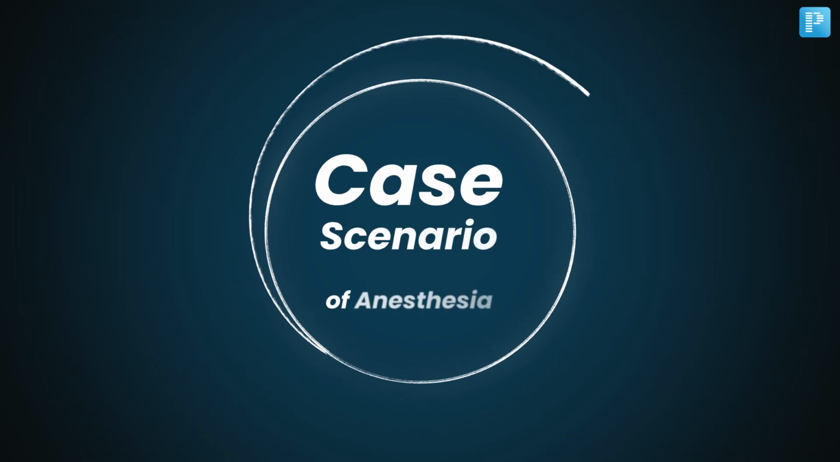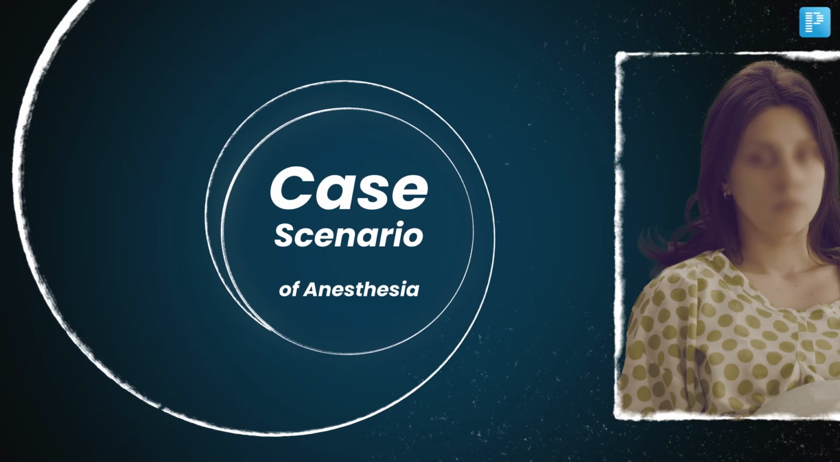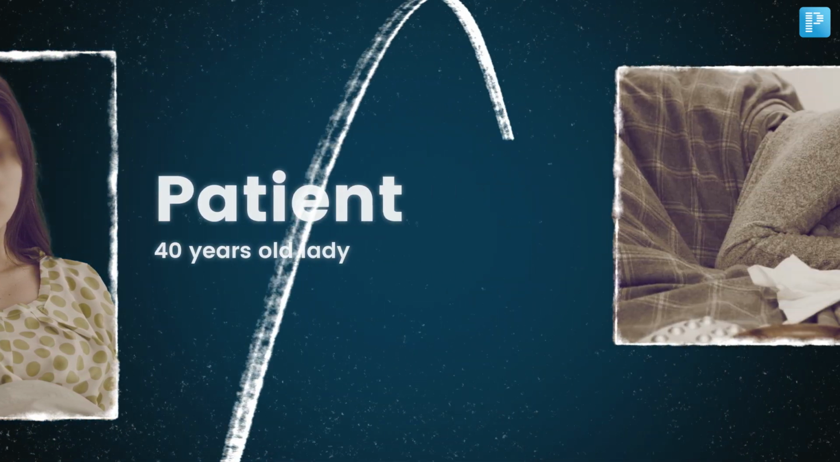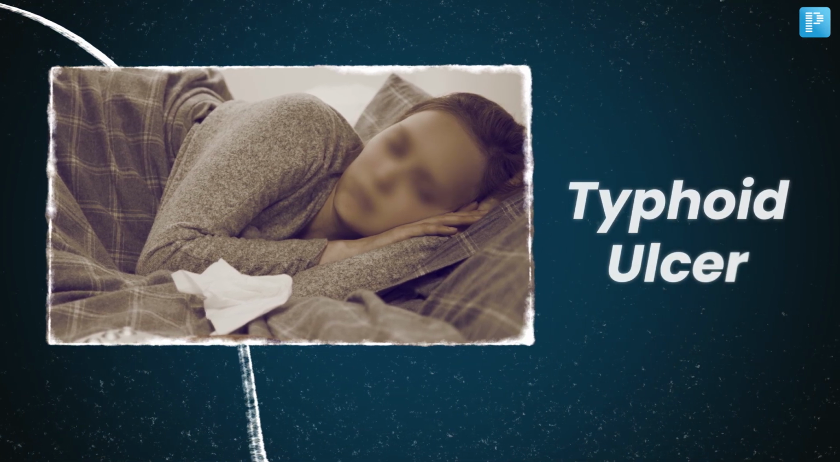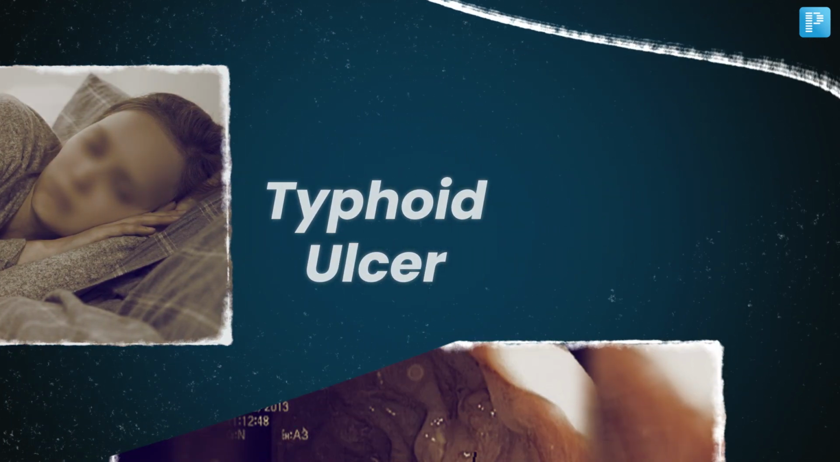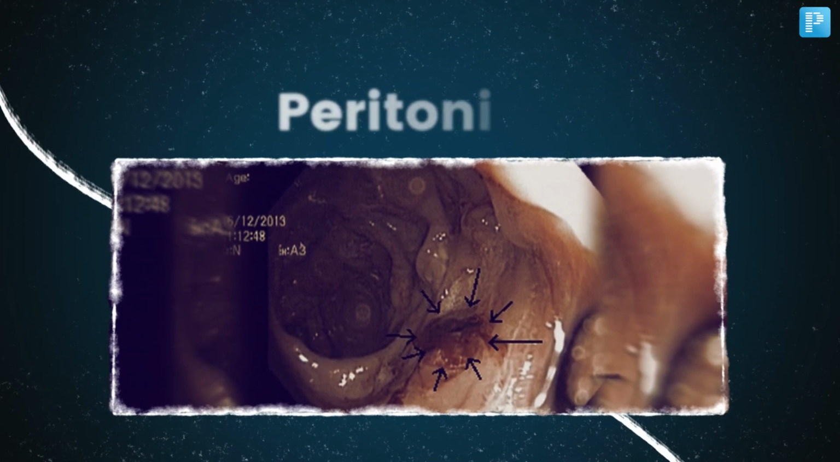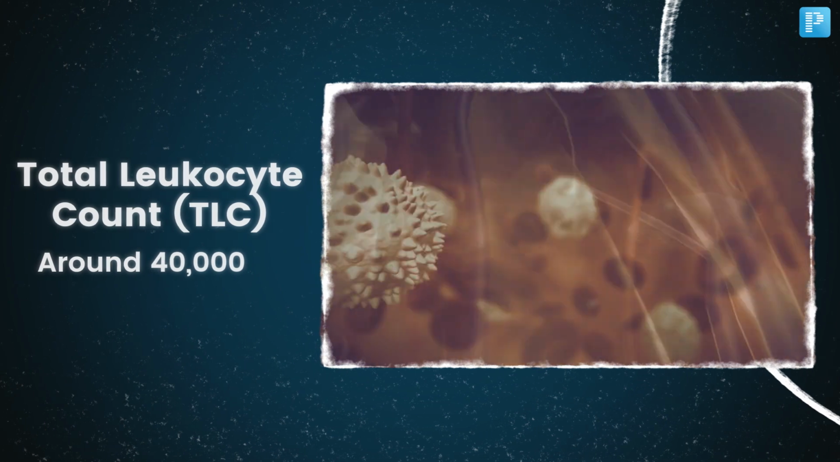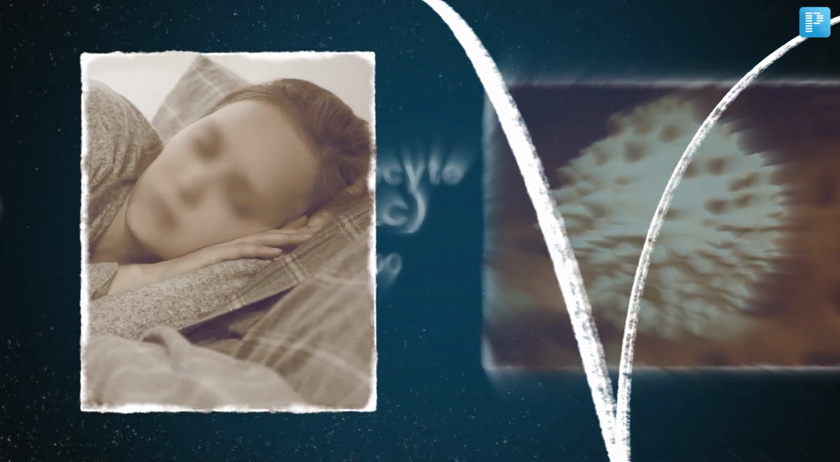There was a case which I did in my senior residency. A female of around 40 years old had a history of typhoid, and because of that she had typhoid ulcers. Those ulcers ruptured and led to peritonitis. Majorly all the reports were in range, but the only problem was that her TLC count was around 40,000, which told us that the patient had severe